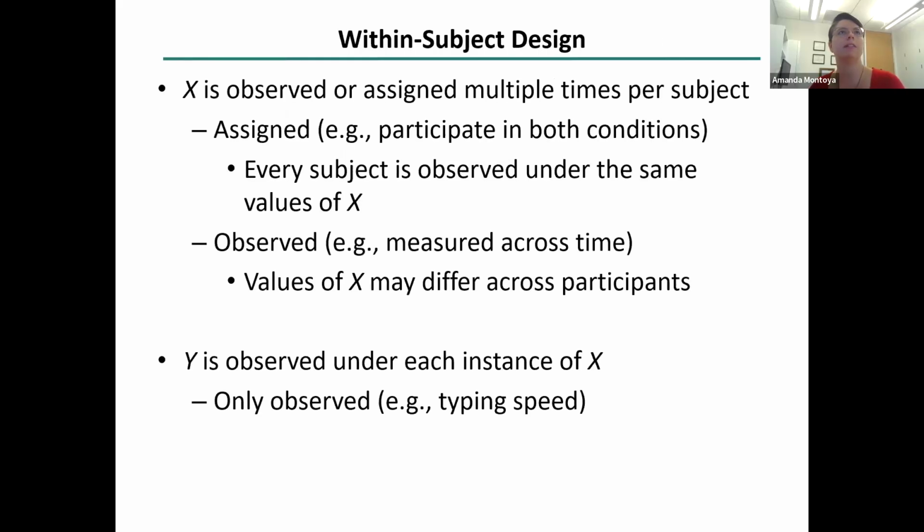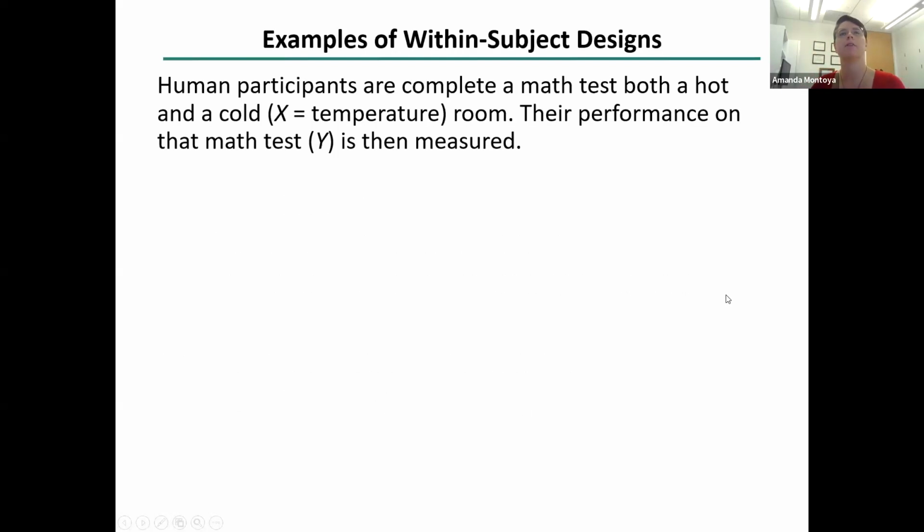Just as a reminder, in our within subjects designs, we can have conditions that are assigned by the experimenter, and then every subject has the same values of X. Whereas if X is observed, then different participants may have different values of X. So for our first example, this is a repeat math test example.